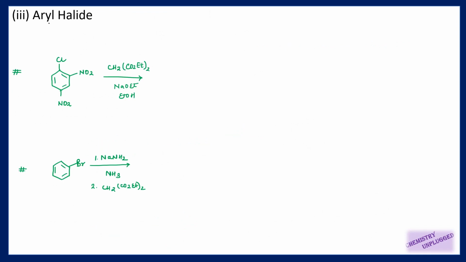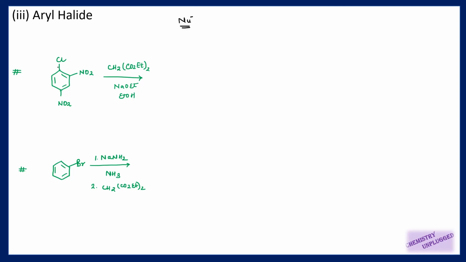In the case of enolates or enamines, they are all nucleophiles, right? And we know that aryl halides, or all aromatic compounds, easily show electrophilic substitution reactions. They are not good for nucleophilic substitution reactions. But an aromatic compound can show nucleophilic substitution when we have an electron withdrawing group present at the ortho or para position to the leaving group.